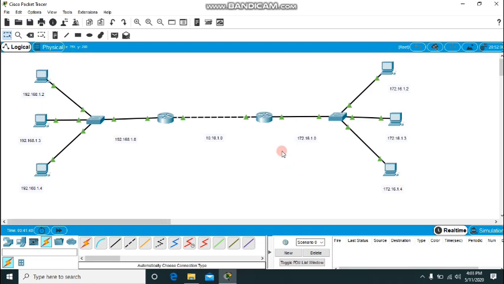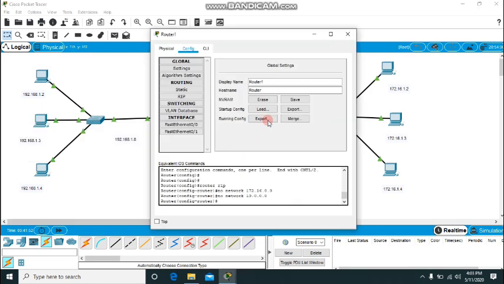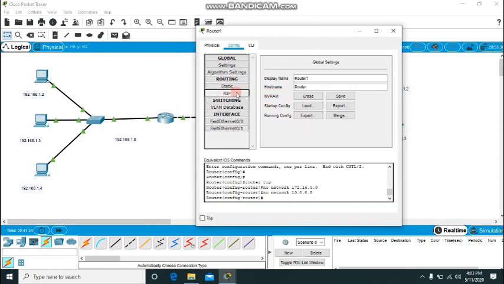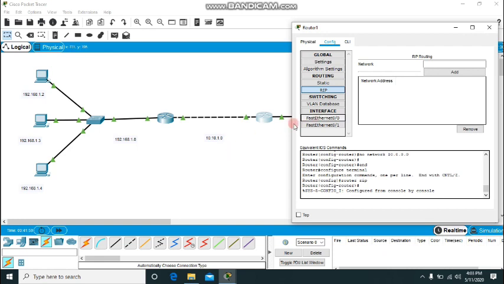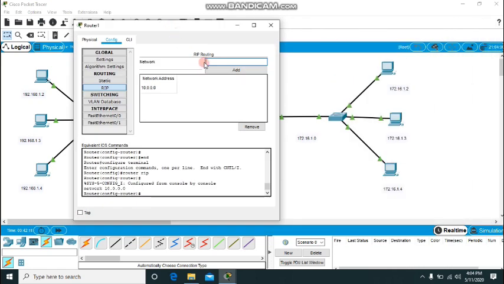For the other network, we go to the second router and see the RIP, and there are two networks over here. One is 10.10.1.0, that should be added here, and the other one is 172.16.1.0, that is also added here.